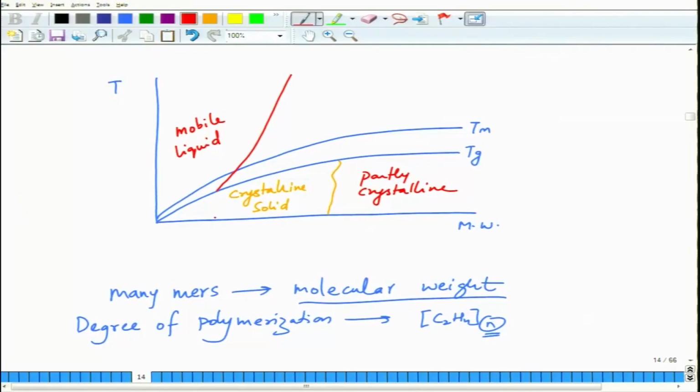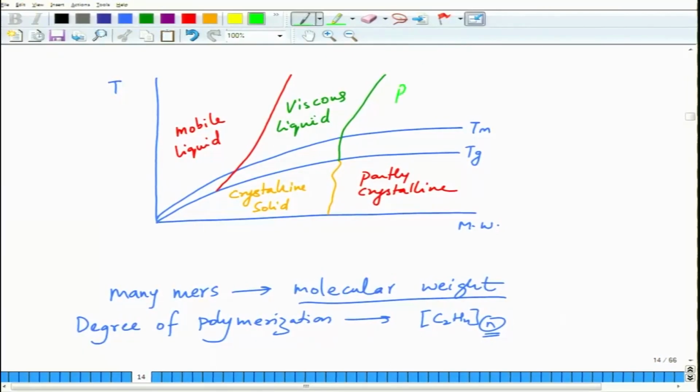So, for lower molecular weights, conversion from crystalline to mobile liquid happens at lower temperatures. At a higher range, somewhere in this range, it makes a viscous liquid, and that makes sense because if you increase the molecular weight, it becomes more and more difficult for chains to move. As a result, the viscosity of the liquid goes up, even in the melt form,